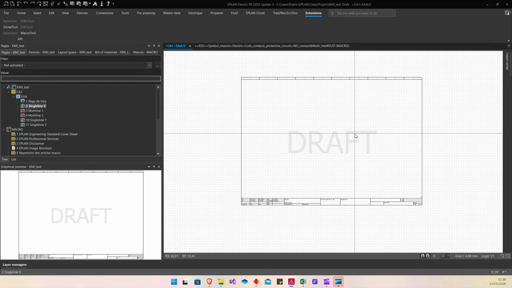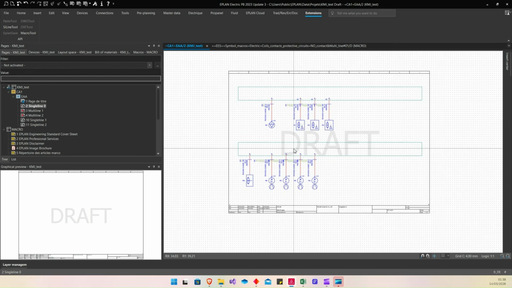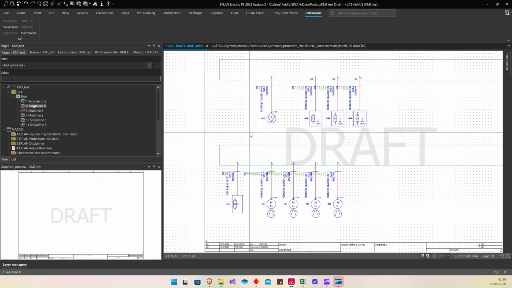So now it's empty, but to refresh your outline, you need to go to another page and come back to your page. There it is. Now we can see the magic is there. We have all our macro inserts with the good variant number.